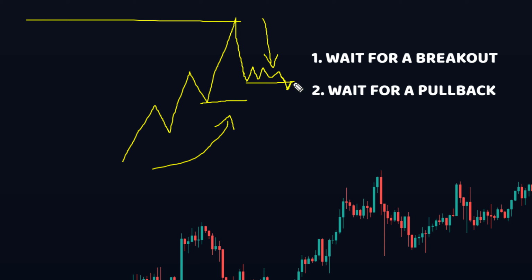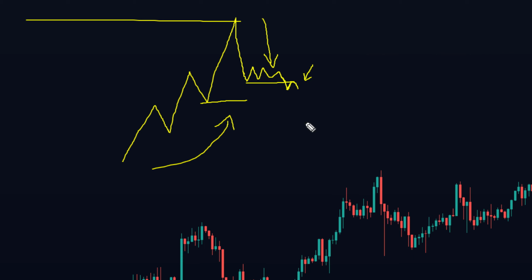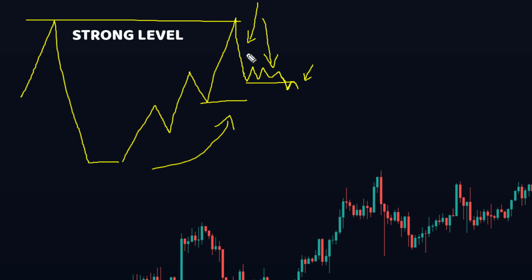Or we can wait for a pullback and look for a signal to trade. Since these leading waves frequently show the ending of the trend, it's a signal that the bear is rushing in quickly if it stays at a strong level of higher time frame. So this is where the bear rushes in dramatically,